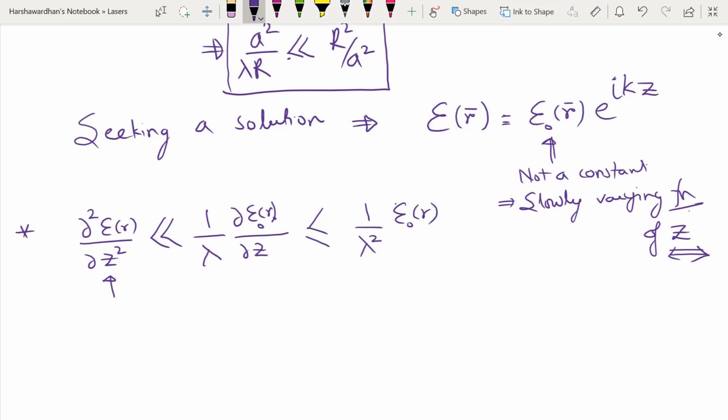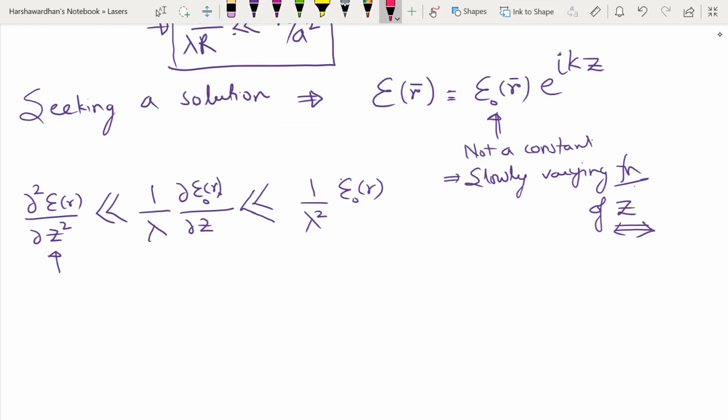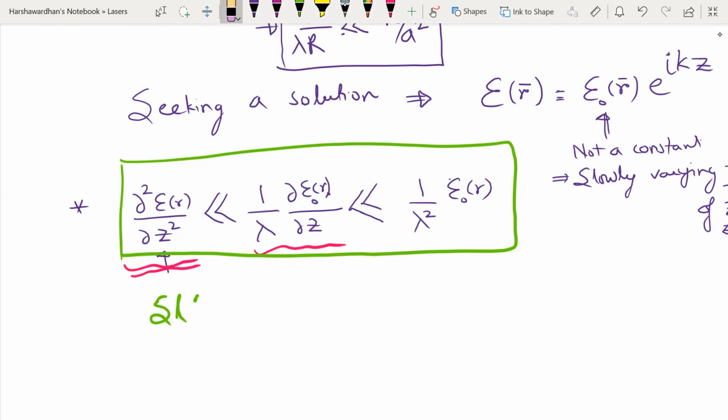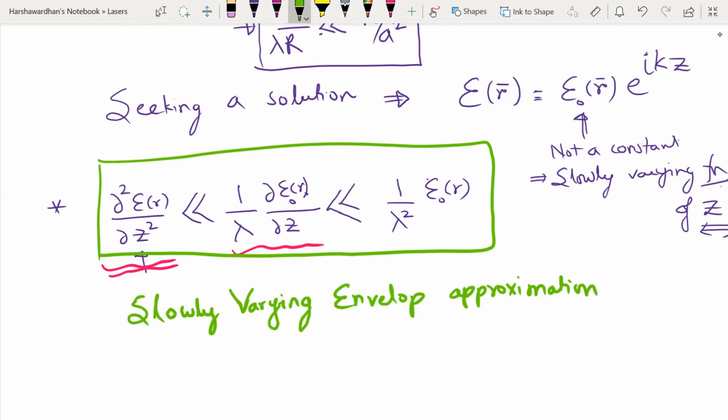So what one is stating is that the variation of the amplitude is slowly varying. Change of the amplitude with respect to Z is much smaller than the field itself, and its variation of the change is even smaller. So this approximation has a formal name, called the slowly varying envelope approximation, captured by the acronym SVEA,